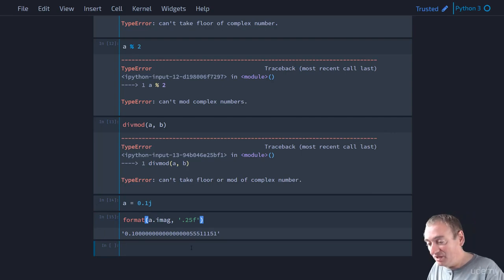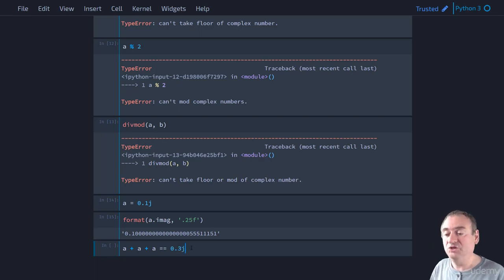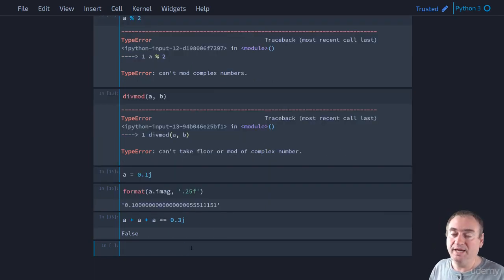So we can do the same thing here. We can look at A plus A plus A. Now that should be equal to 0.3j. So we might want to test and say, is that equal to 0.3j? And the response to that would be false, right? And that's because